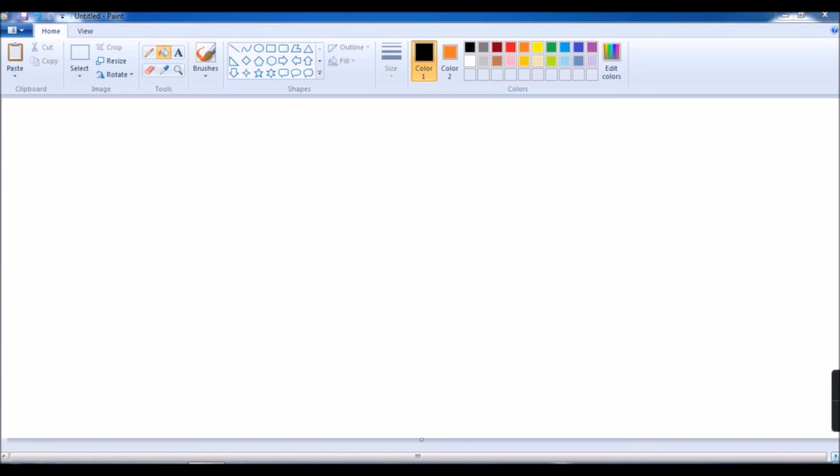Let's see, children. The undo and redo options in Paint are here. This one is the undo option and the shortcut key for undo is Ctrl plus Z. And this one is the redo option and the shortcut key for redo is Ctrl plus Y. We use the undo option if we have made a mistake or we want to go back to the last action.